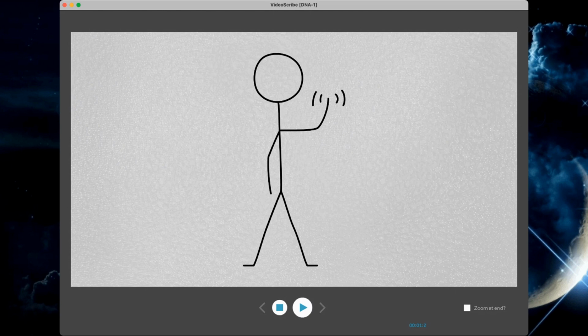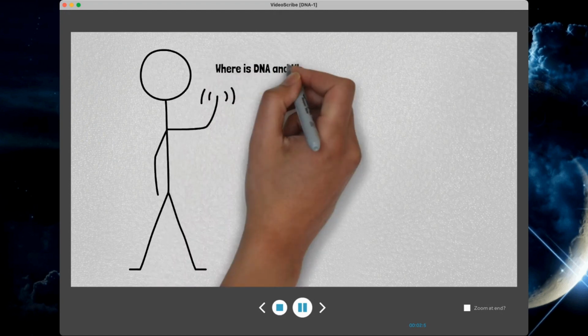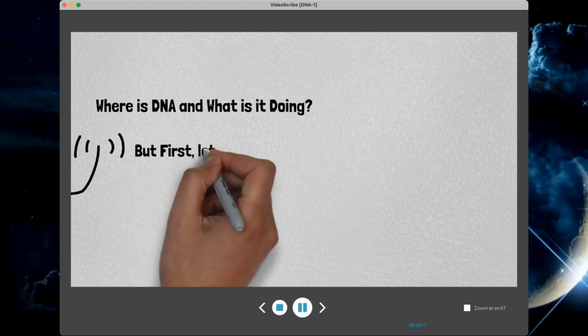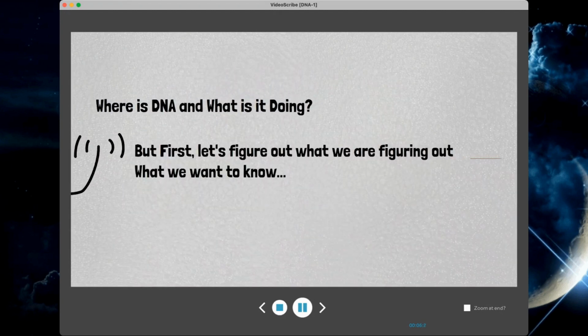There's this tension between pop science and machine-like drawings and then the reality of what's going on in the cell. And it kind of starts at the top, and so I frame it as where is DNA and what is it doing? But first, let's figure out what we are figuring out and what we want to know. So starting at the top,